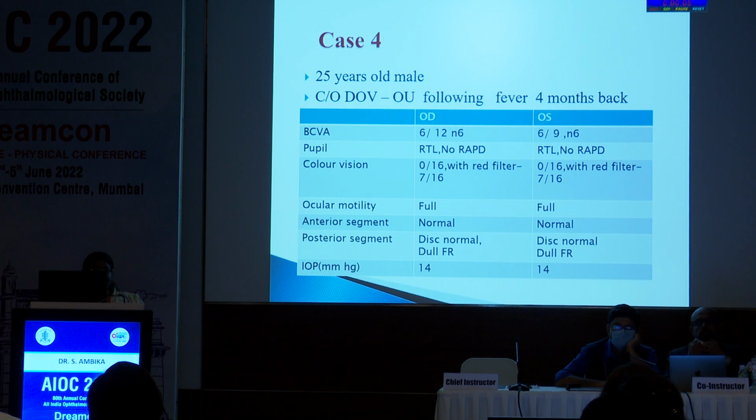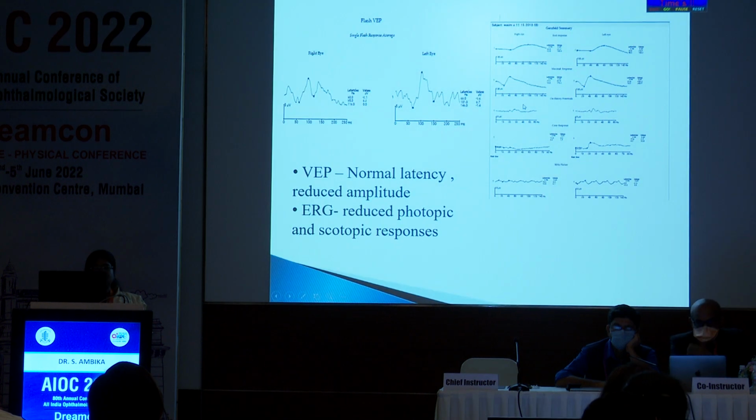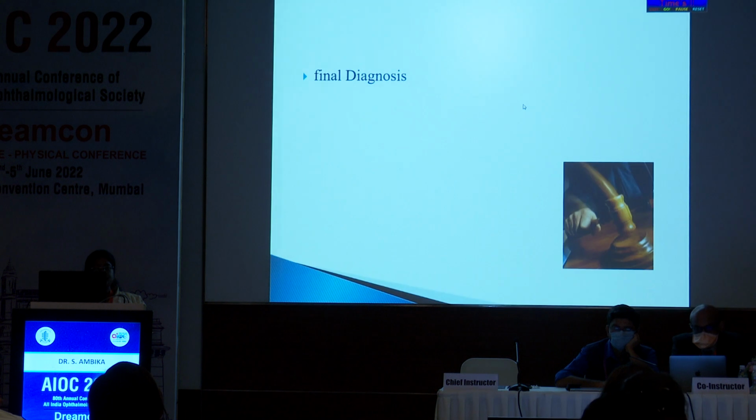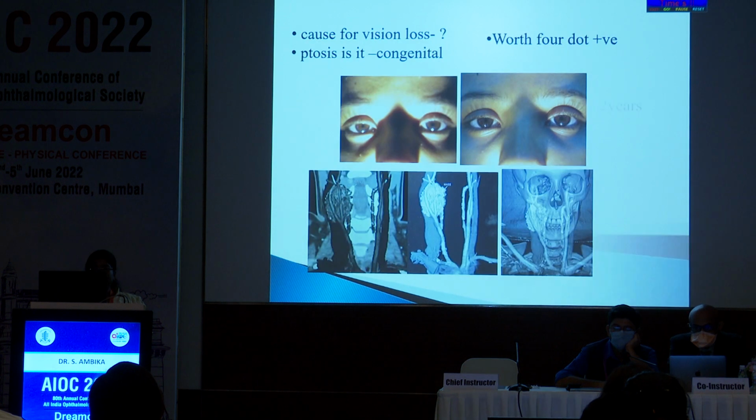So this is a 25-year-old male who was referred to us as an optic neuritis following a fever. So he had a 6/12 vision. So maybe I will wind up and go. This guy had bilateral central scotomas, but here it was a toxic maculopathy secondary to chloroquine rather than the optic neuritis. So to conclude, in an unexplained vision loss,